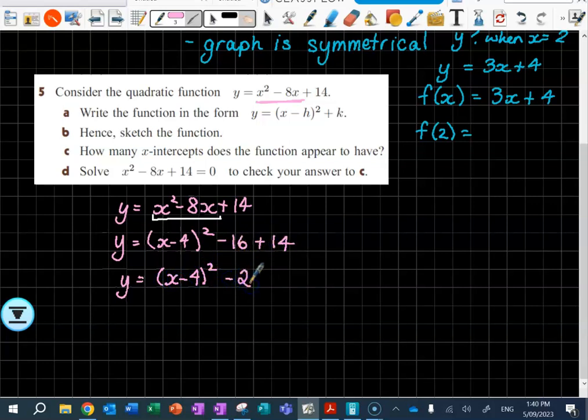What's the benefit of having it in this form? We can graph it. What else? It's got a special name, this form. It's called the